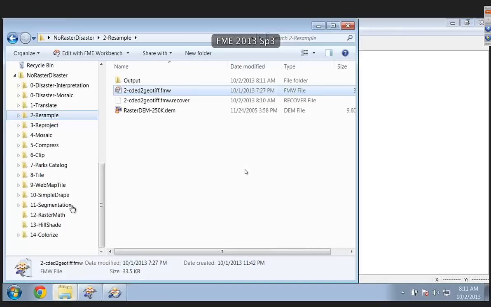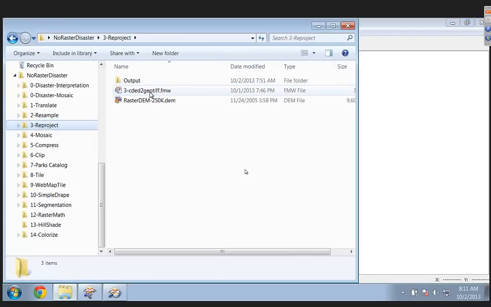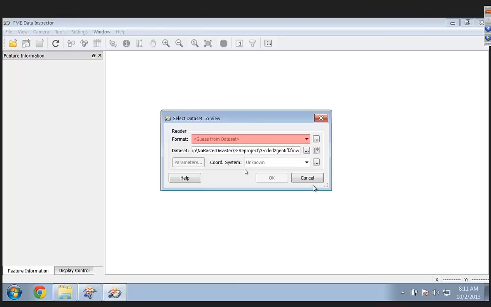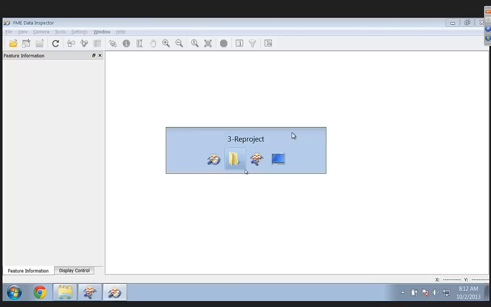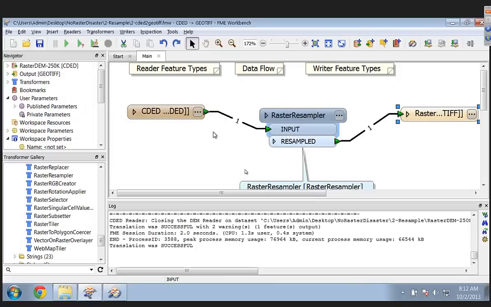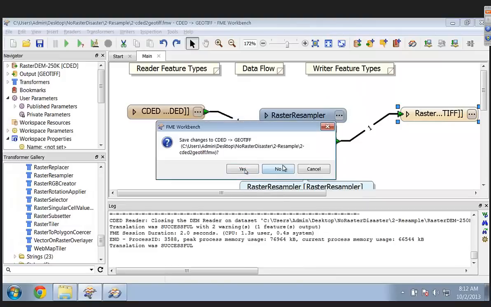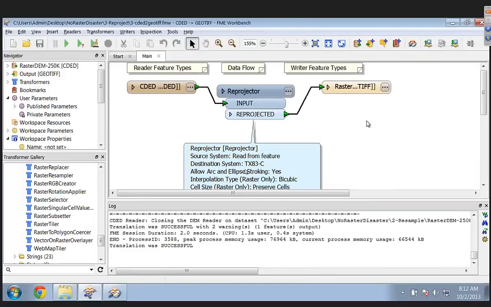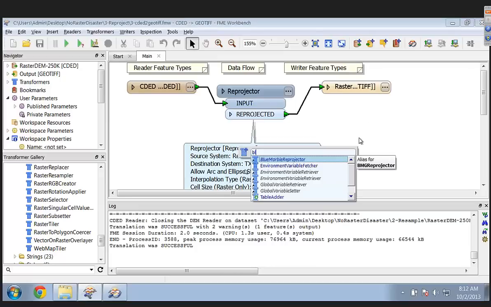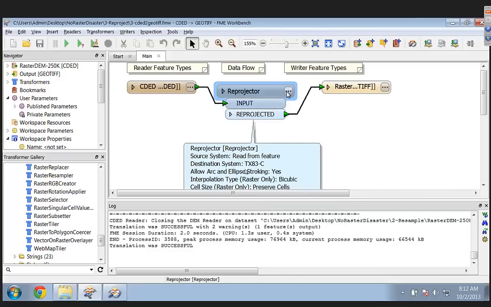Well, the nice thing about the reprojection in FME is that we have several reprojection engines, so you can pick the flavor you want. Our standard reprojection uses the CS-MAP reprojection engine. But we also offer the Esri reprojection engine if you have ArcGIS installed. And there's also an available Blue Marble reprojector that you can purchase from Blue Marble and use within FME. There it is, for example. Yeah, the nice thing about the reprojection in FME is all of these reprojectors work on raster data as well.